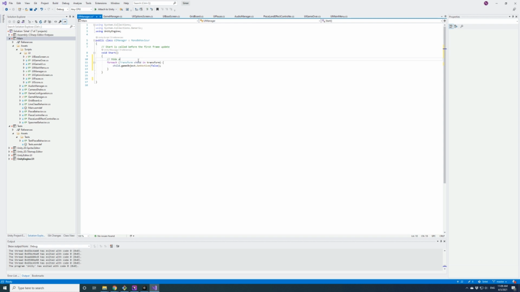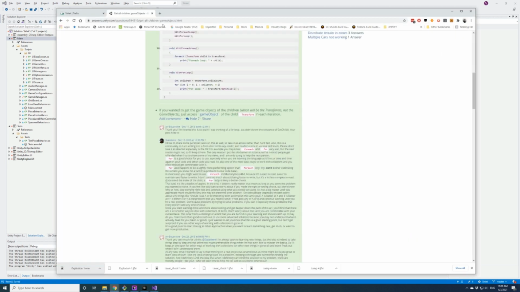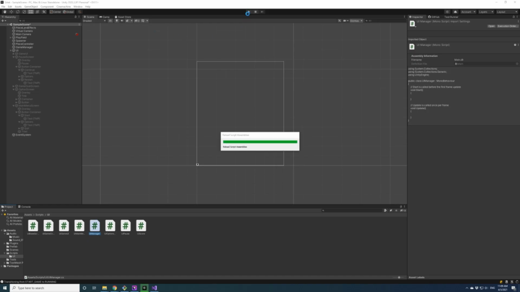Hide all UI, start. Okay, let's try that out.